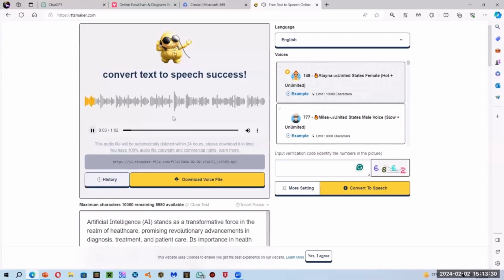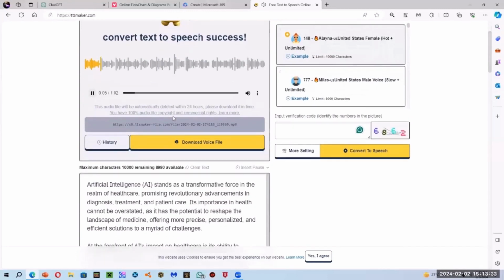Artificial intelligence, AI, stands as a transformative force in the realm of healthcare, promising revolutionary advancements in diagnosis, treatment, and patient care. Its importance in health cannot be overstated, as it has the potential to reshape the landscape of medicine, offering more precise, personalized, and efficient solutions to a myriad